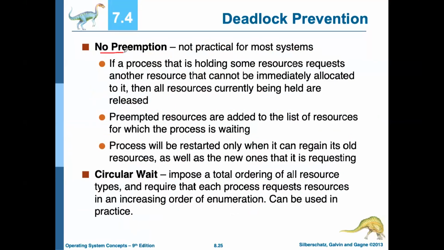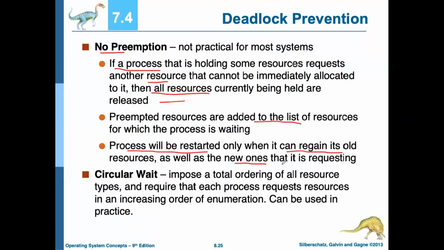If a process that's holding some resources requests another resource that cannot be immediately allocated to it, then all resources currently being held are released. Preempted resources are added to the list of resources for which the process is waiting. Okay, we need to classify which resources are preempted, preemption or non-preemption, for example. So the process will be restarted only when it can regain its old resources, as well as the new one